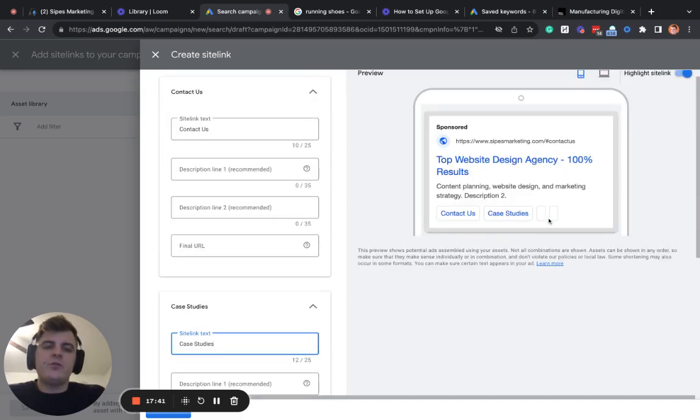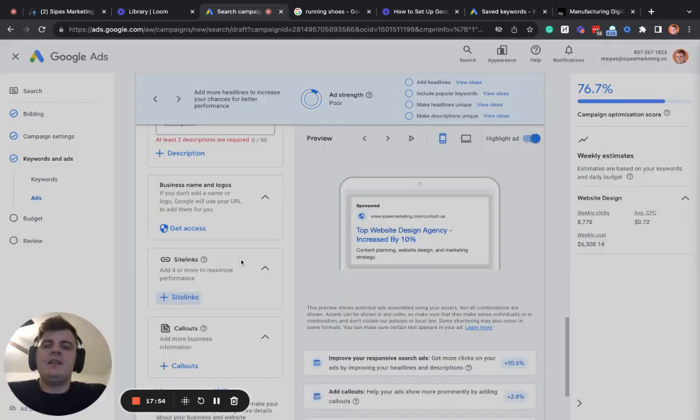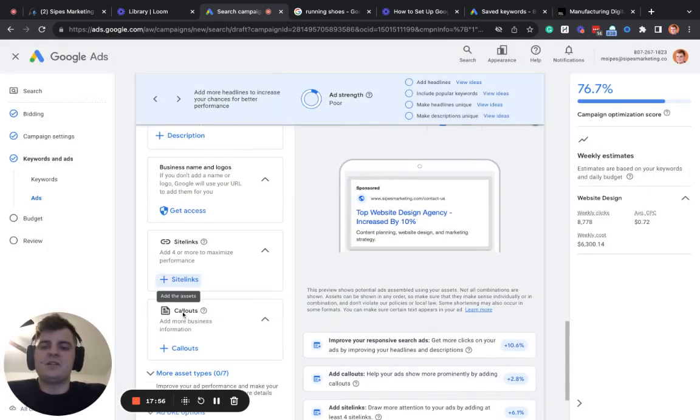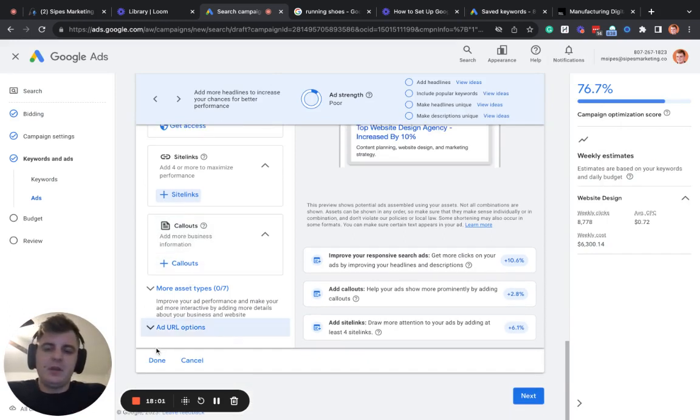So they're going to show up right below your ad, and people can easily click on these. And these are good, especially for case studies. Let's just say someone's like, okay, are you the top website design agency? Let me see exactly the work you've done. So those are sometimes good, and I definitely recommend adding them, but also try to be as smart as possible, and you can get a little creative with exactly what you say in there. All right,